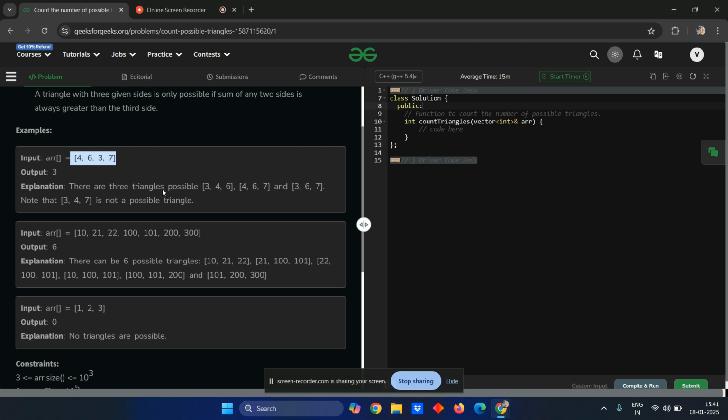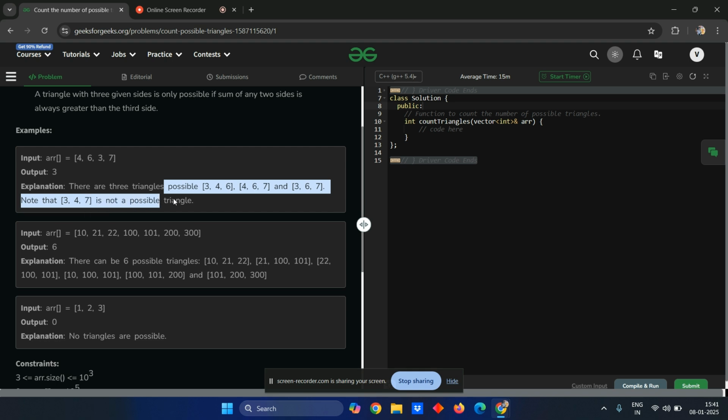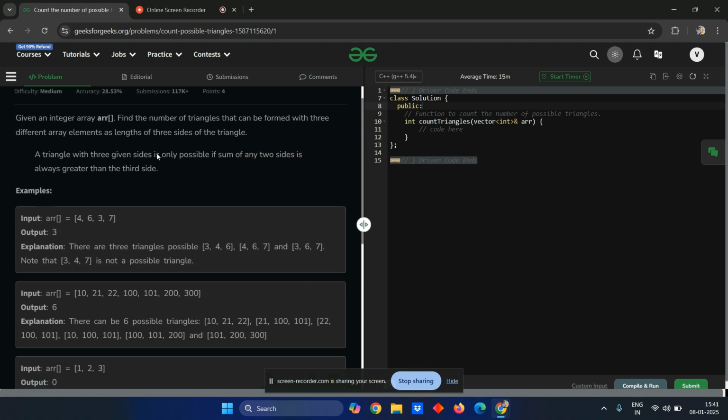The possible combinations are 3 4 6, 4 6 7, 3 6 7 and 3 4 7. Actually 3 4 7 is not possible, so the only possible ones are 3 4 6, 4 6 7 and 3 6 7. How can we say that? If we look at the question, it is mentioned that it is only possible if the sum of any two sides is always greater than the third side. So if I check here, if we take the sum of these two particular sides of length, then we can say that